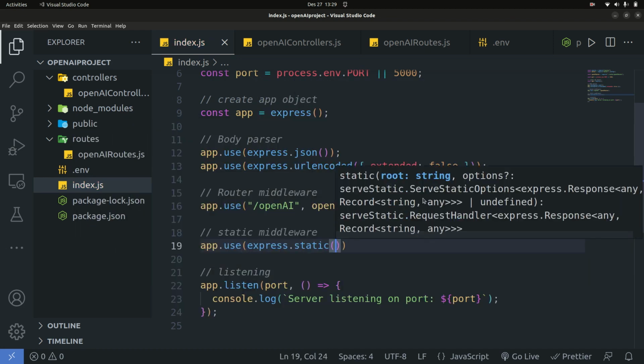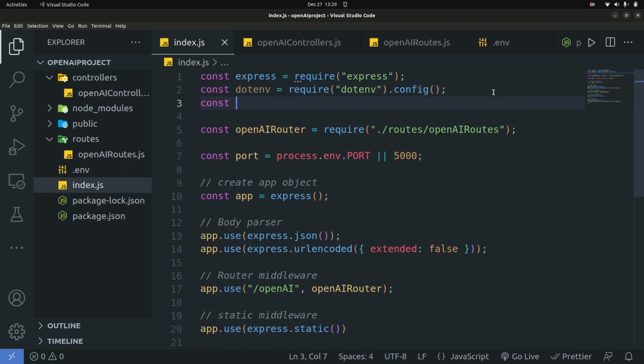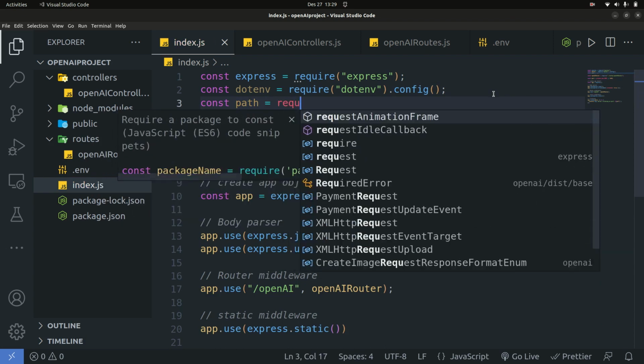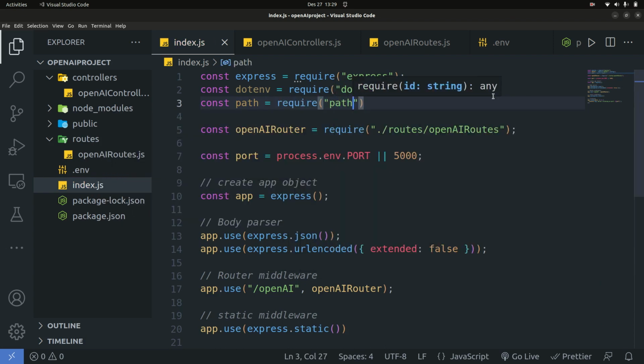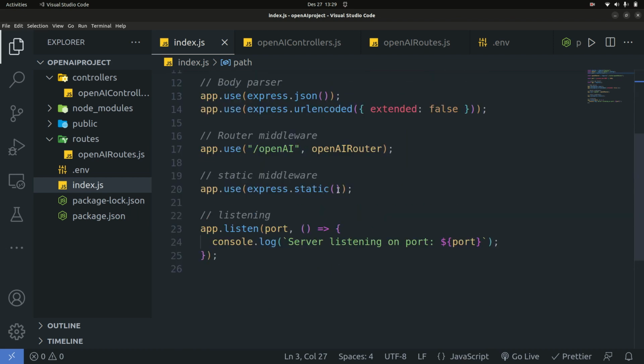So you need to import path. Let me go up here and import path. You need to say const path equals require, and require path. Once I have that, I'm going to save. Then I'm going to go down here and use it, just say path.join, and I'm going to join the __dirname